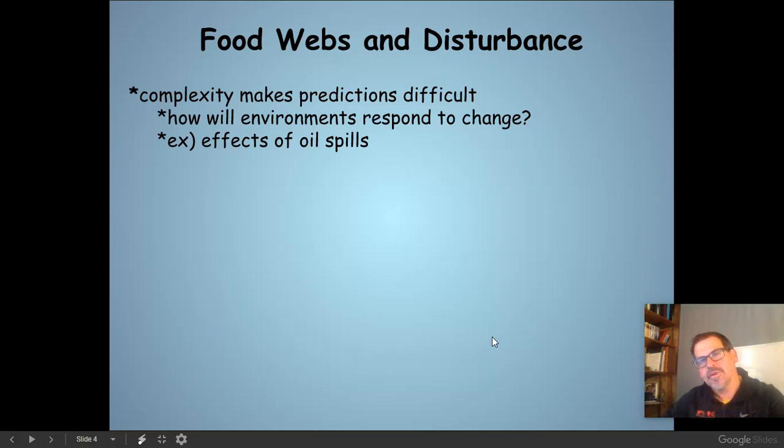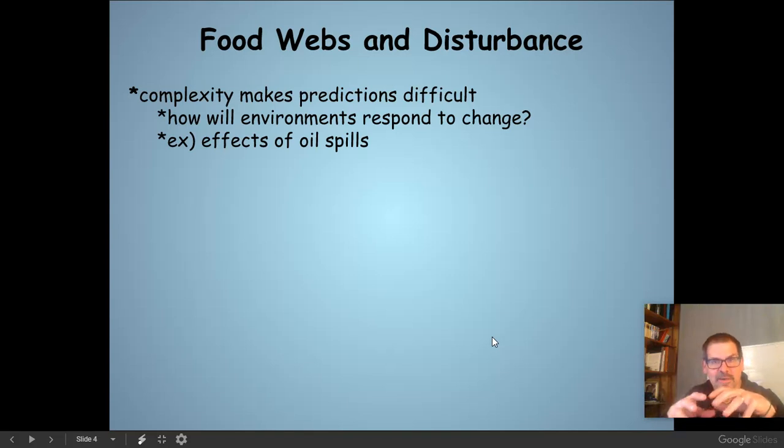Now, the difficulty with the complexity of food webs is that predictions can be quite difficult, especially when you have incredible disruption to these systems. The most prevalent example right now is climate change, and how climate change is disrupting these ecosystems. And what we see is climates being driven to extremes. Cold climates are becoming colder, actually. Hot climates are becoming hotter. Wet climates are becoming wetter. Dry climates are becoming drier. Now, that's just a generalized statement. There are exceptions to that rule, of course.